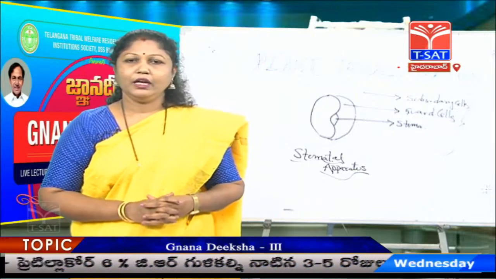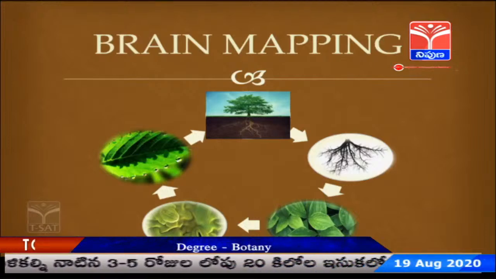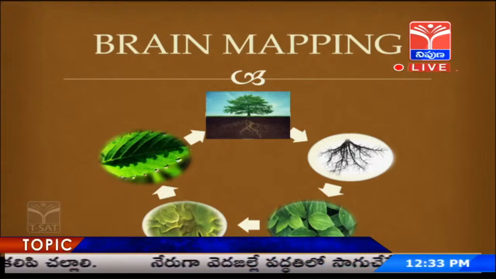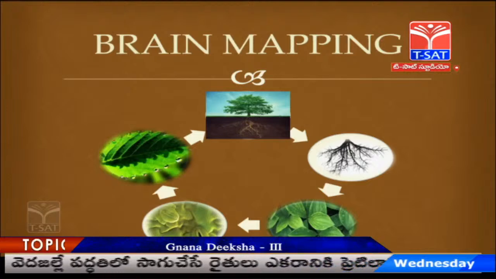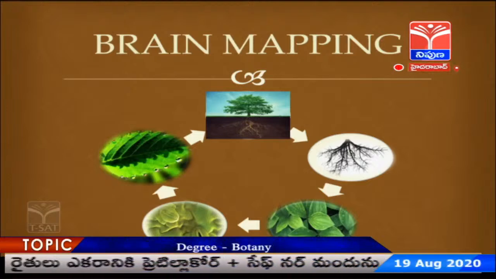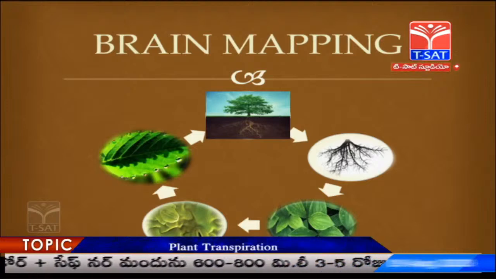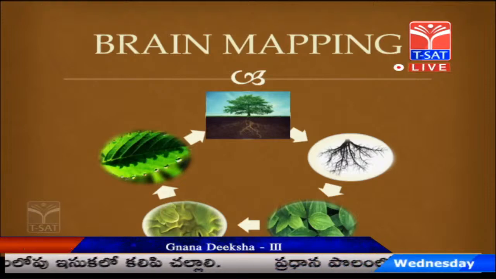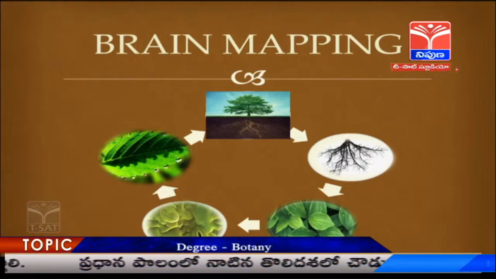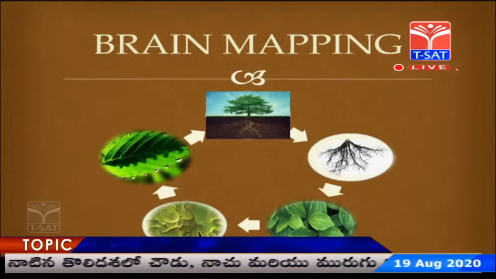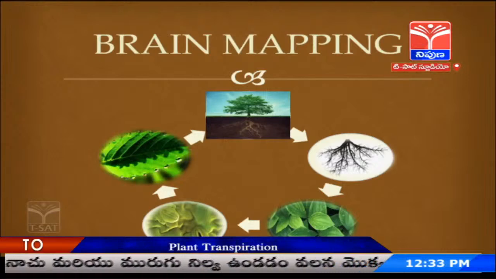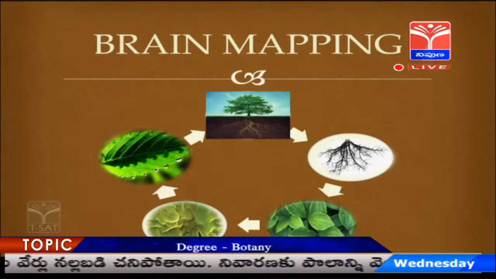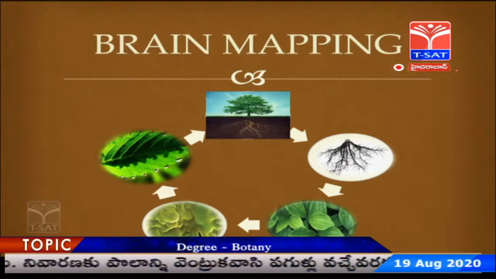Now, look into this slide. Here you can see a large tree rooted into the ground, and we find that the roots are the source of absorption, as I just told you. Once the absorption continues all through the day, whatever the need of the plant is, that amount of water the plant absorbs. You will be very surprised to know that out of the total content of the water that the plant has absorbed, it only utilizes 1% of it to perform its various metabolic activities, and the remaining 99% moves out of the plant through the leaves by transpiration. So, all the excess water, or 99% of the water, gets evaporated by this process.